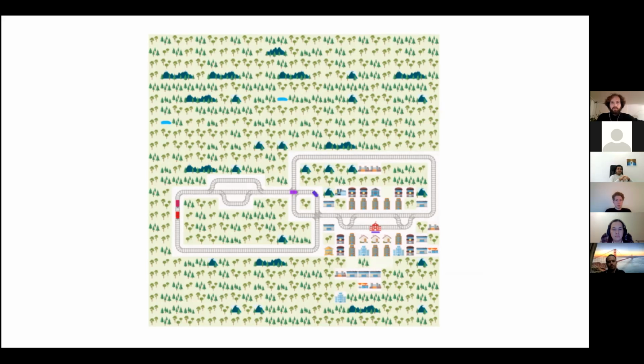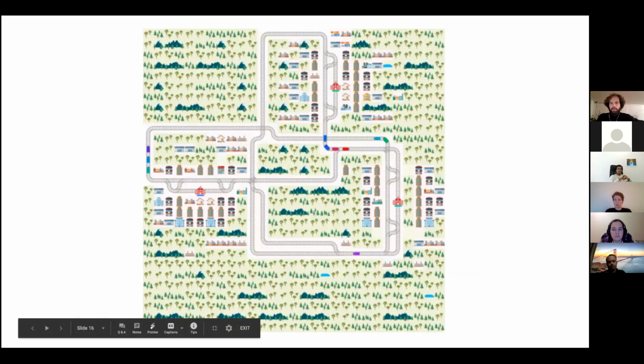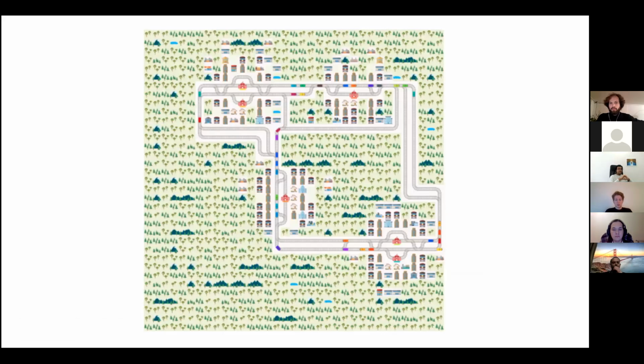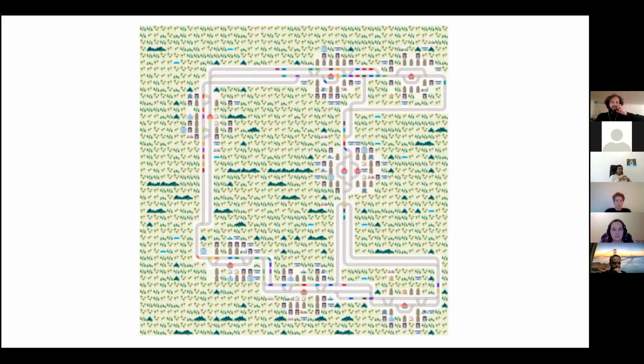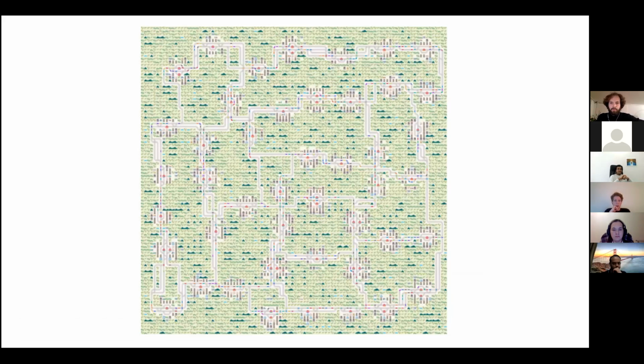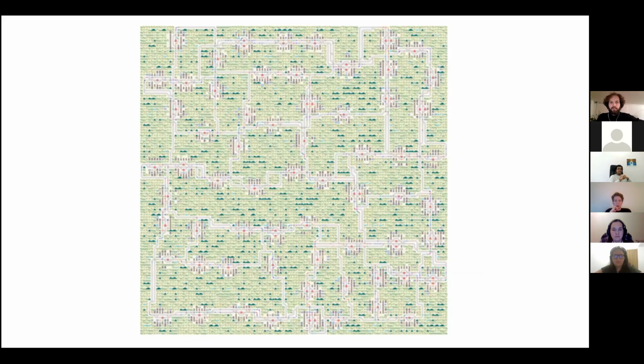And the environments are initially small, such as this one, but they grow progressively in size. And the idea is that this allows us to measure how well submissions scale. You can see it's getting increasingly larger. And with the larger size, the complexity increases, the number of agents is also increasing, which makes the problem harder and harder. And so the constraint was you need to solve as many as you can in 8 hours,